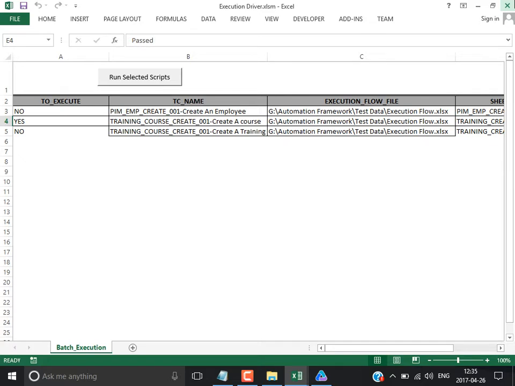Next I will do a small enhancement here, because everything has been hard coded, the path and all. I don't want to hard code the path and all. So what you do is